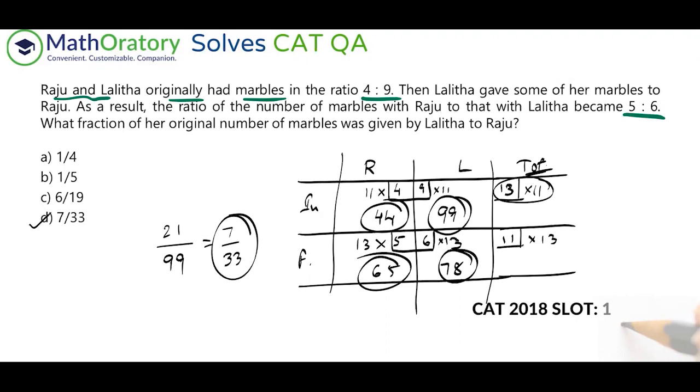Ideally this is not more than a 40-second problem. I'm putting in 40 seconds just because there's something to read that would take roughly 10-15 seconds. Otherwise, I would have said it's a 20-30 second problem because there's nothing to this. You don't have to do this much elaborately. I've just shown this in this pictorial manner so that you understand these ideas. You can straight away look at the data: 4 is to 9, total is 13, this is 11. So I need to multiply 11 here and 13 here. You can start with that. And as I said, focus on the Lalita part. Lalita is 99 and becoming 6 into 13, so 78. This is all you have to write.